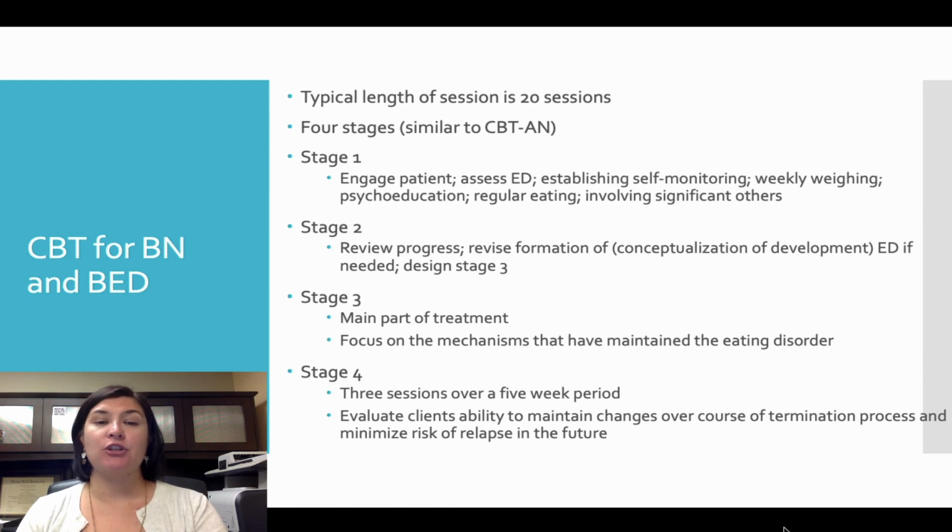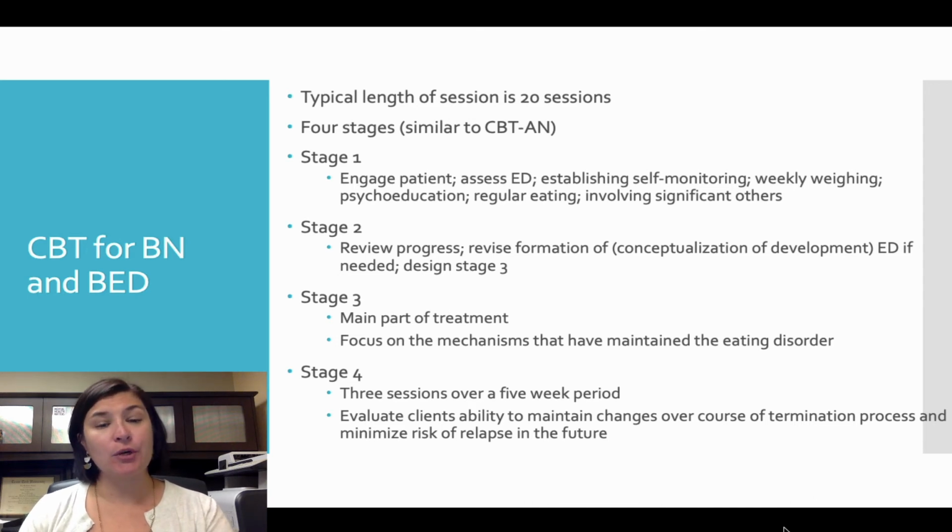This is 4 stages, similar to CBT for anorexia. Stage 1: engage the patient, assess the eating disorder, establish self-monitoring like weekly weigh-ins, psychoeducation, regular eating, and involving significant others in their eating. Stage 2 is to review progress, revise the conceptualization of the development of their eating disorder, and design for Stage 3. Stage 3 is the main part of treatment, and it focuses on those mechanisms that have